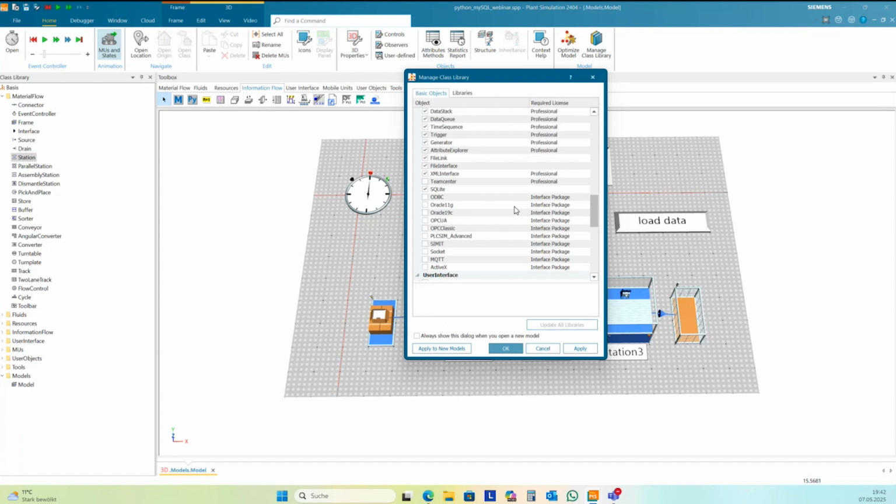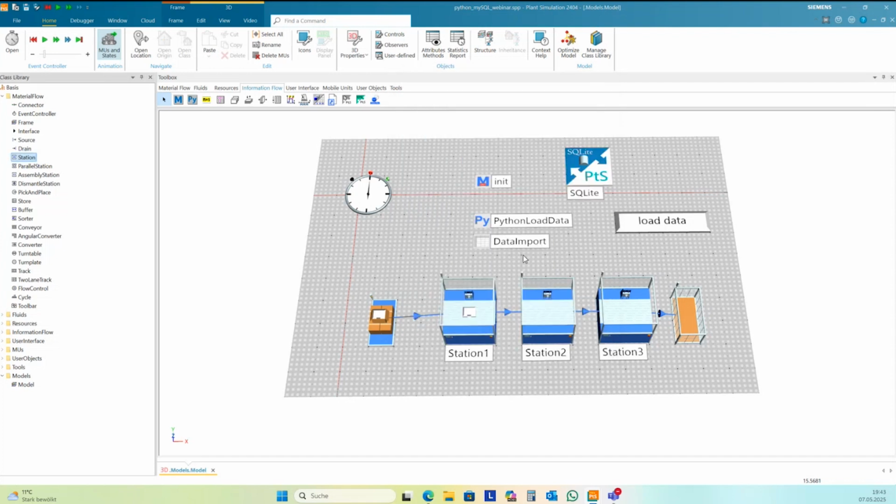It's one additional package you need to buy for Plant Simulation. Or you have Plant Simulation X, and it's part of the Plant Simulation Advanced license, I guess. But accessing an internal table with SQL is not possible.